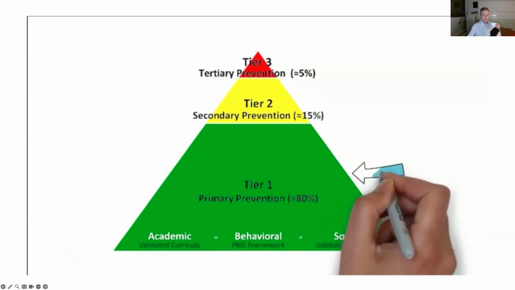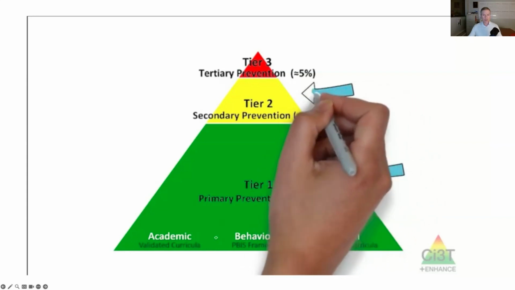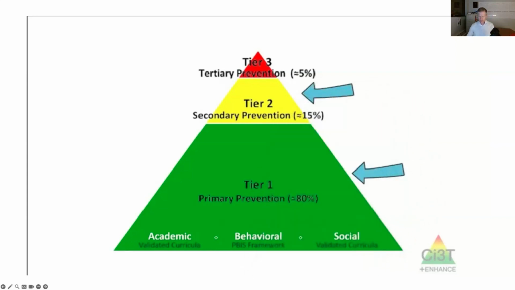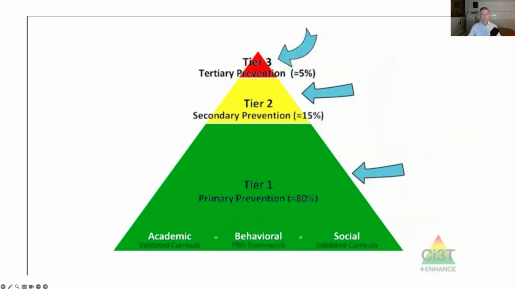Opportunities to respond can be used at each level of prevention within the Ci3T framework. At Tier 1, opportunities to respond are one of several proactive, evidence-based strategies to support students' active engagement. For students who may need additional supports, opportunities to respond can be used as a standalone Tier 2 intervention. Increased opportunities to respond can also be embedded within other Tier 2 interventions, such as a math computation intervention, or as part of a more intensive Tier 3 intervention.